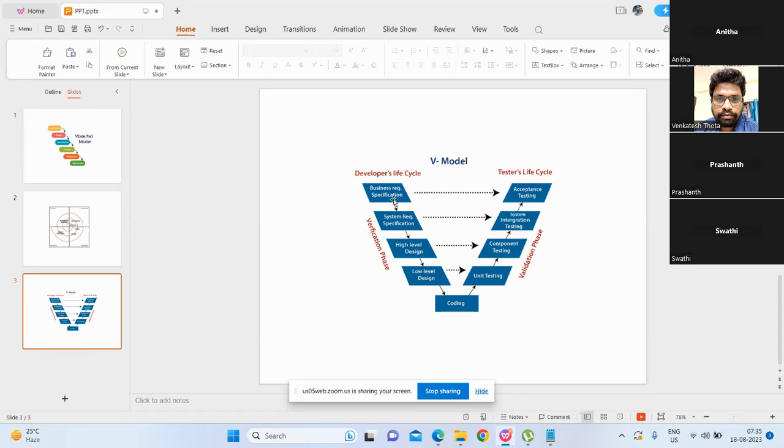Then they will prepare a document, the business requirements specification. Then the product team, or some